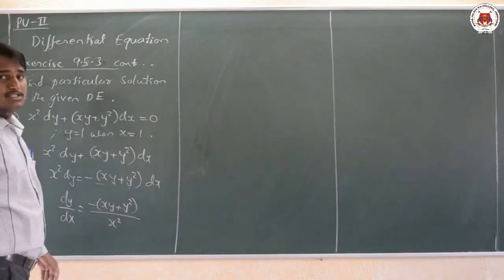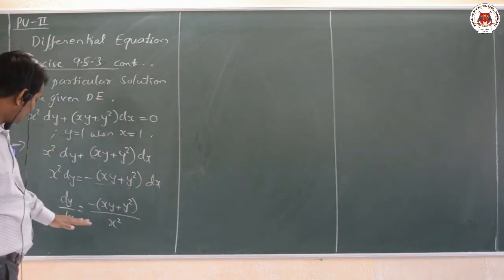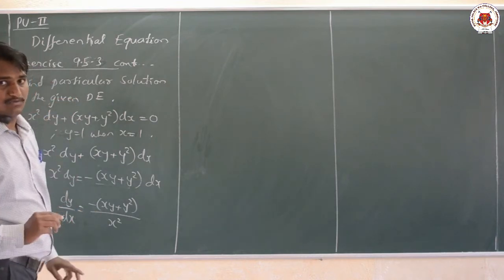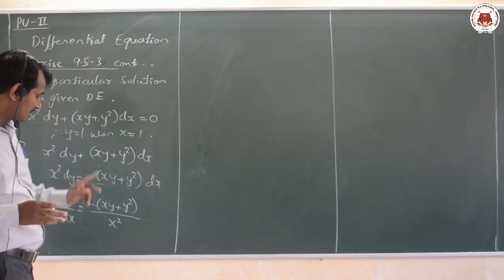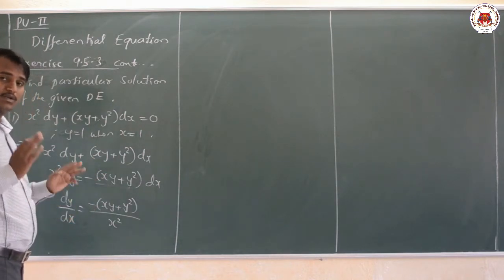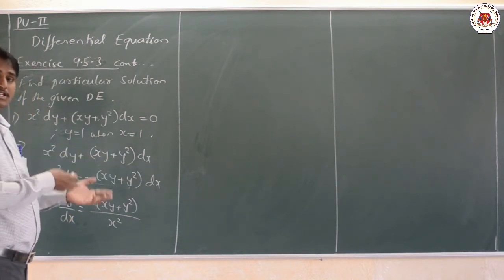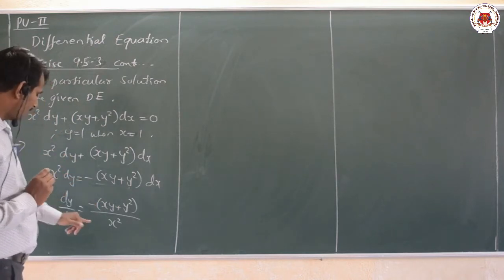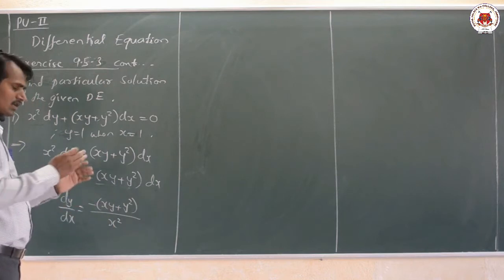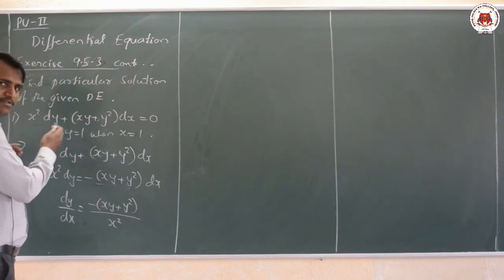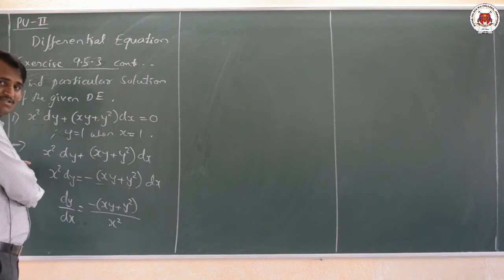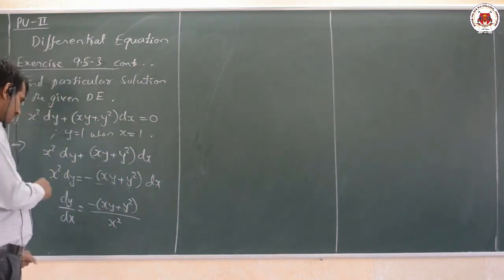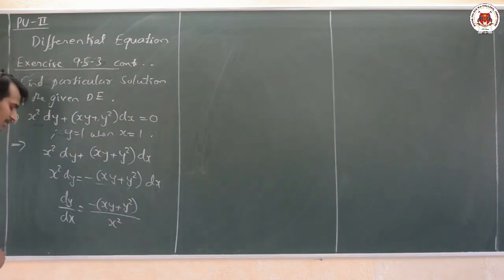Now we shall check whether the given differential equation is homogeneous or not. Always we have to first bring the equation into dy by dx form. Only then will you know whether it is variable separable or, okay, we have to move on to the next method, that is homogeneous differential equation, that we shall observe. Now here we can observe that we can't eliminate all the x at one side, we can't distribute x dx at one side and y dy at another side. We can't frame it. So therefore we are making use of homogeneous equations here.